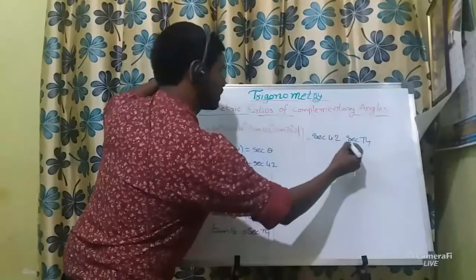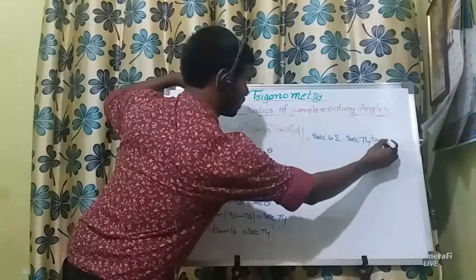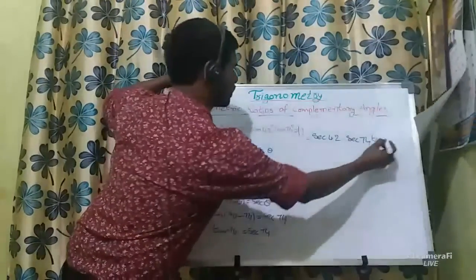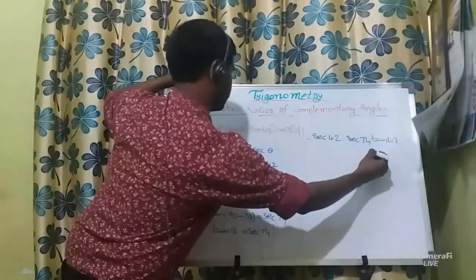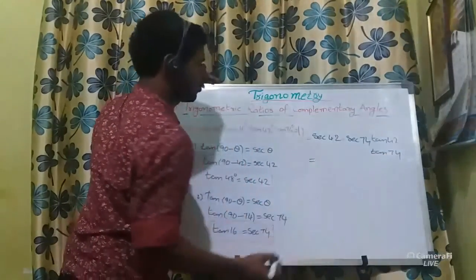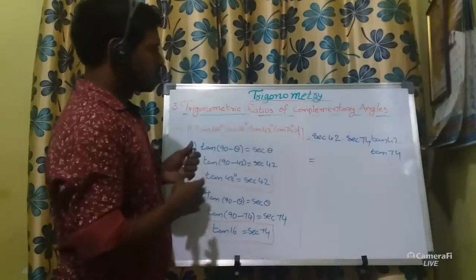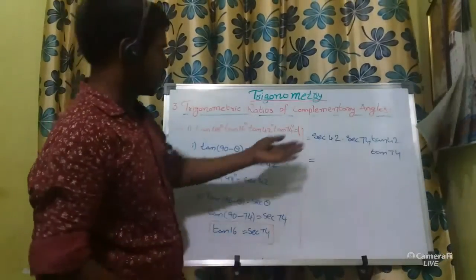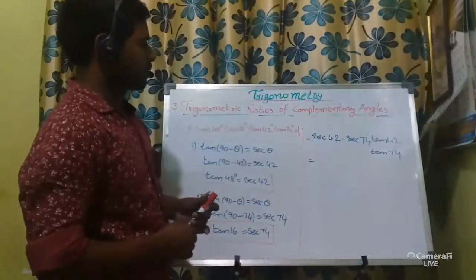Then tan 42 and tan 74. Therefore, whatever values we got, cot 42, tan 42, reciprocal of this, tan means